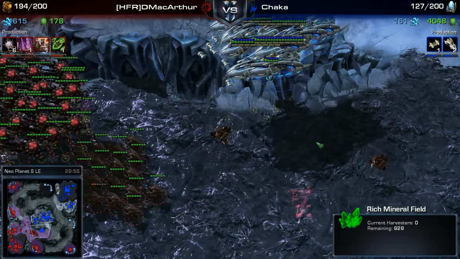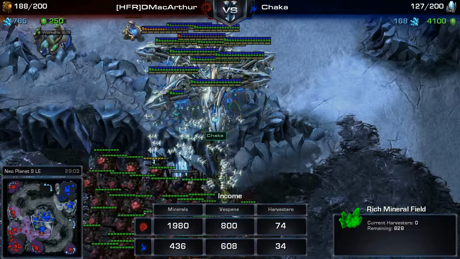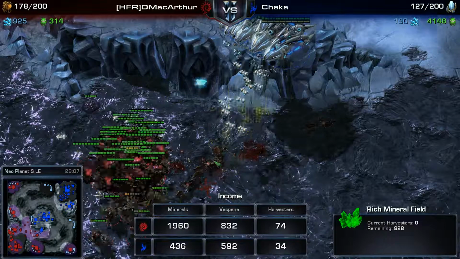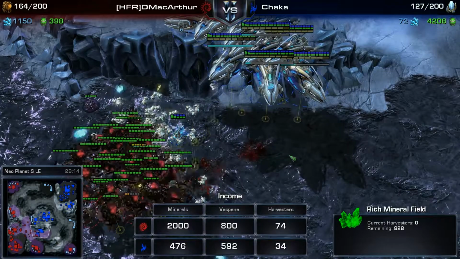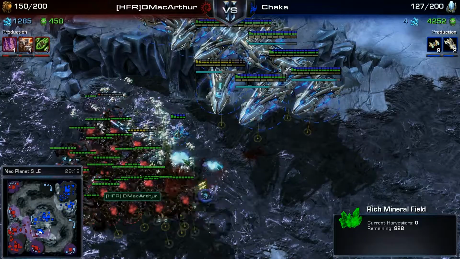Well, let's look at the income tab. See, that pretty much tells the story. I mean, that much income versus that much income. You see, the Protoss is... This is a major disadvantage of turtling. Unfortunately, these corruptors, they're just...